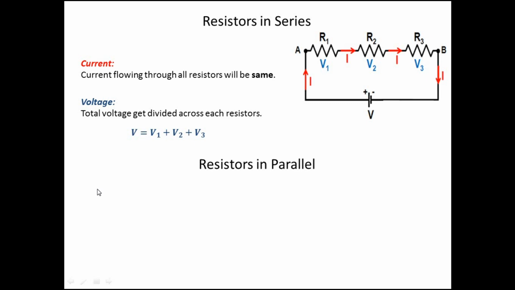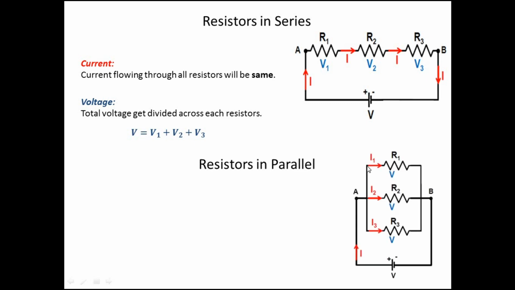And in the case of parallel connection, this is the circuit. Here the starting points of the three resistors are connected together to point A, and the ending points are connected together to point B. So it is in parallel. Looking here, the total voltage of the EMF source V is across AB. The voltage across R1 is also across these points, so it is V. The voltage across R2 is also between points A and B, and R3 is also between A and B. So the voltage across resistors in parallel is the same, that of the voltage source V.